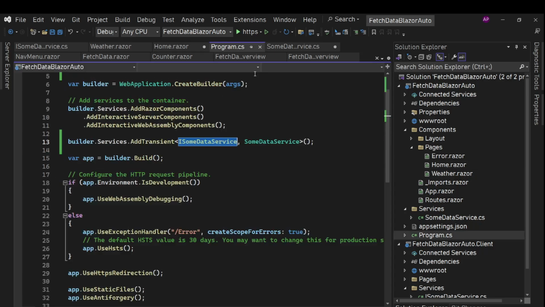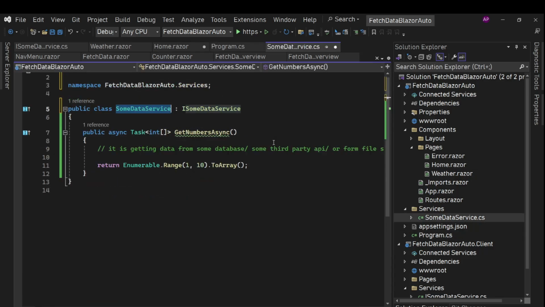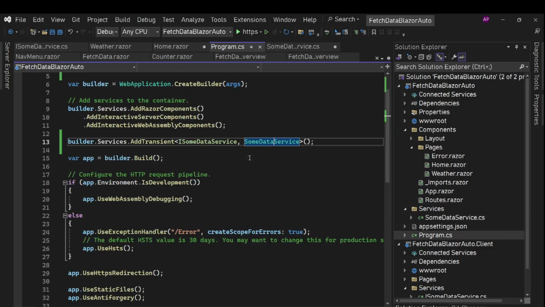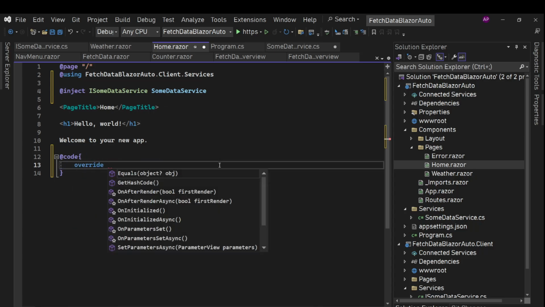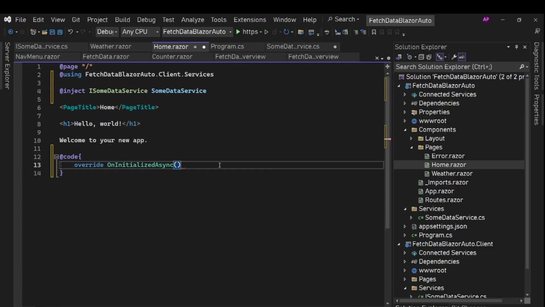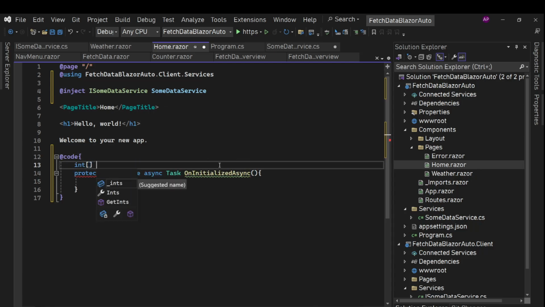So OnInitialized, we had that async method and we are not using async. Okay, that's fine. But so here override OnInitialized, override OnInitializedAsync. Okay, it is not working. Fine. Protected override async Task OnInitializedAsync, and here we can have an integer array of, let's say, numbers,